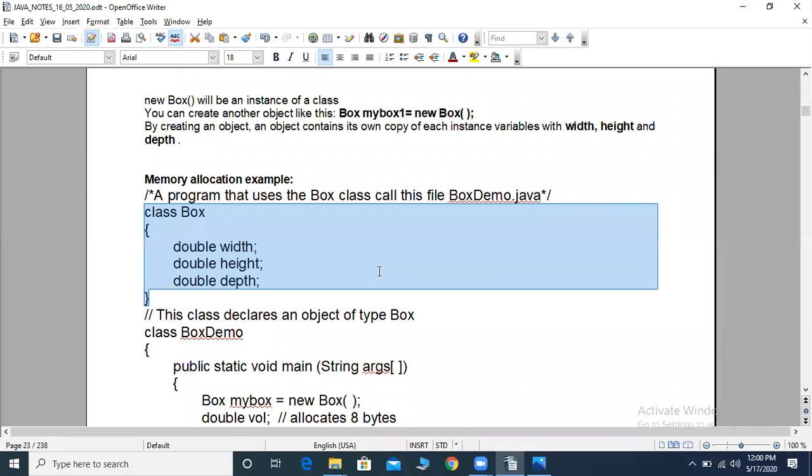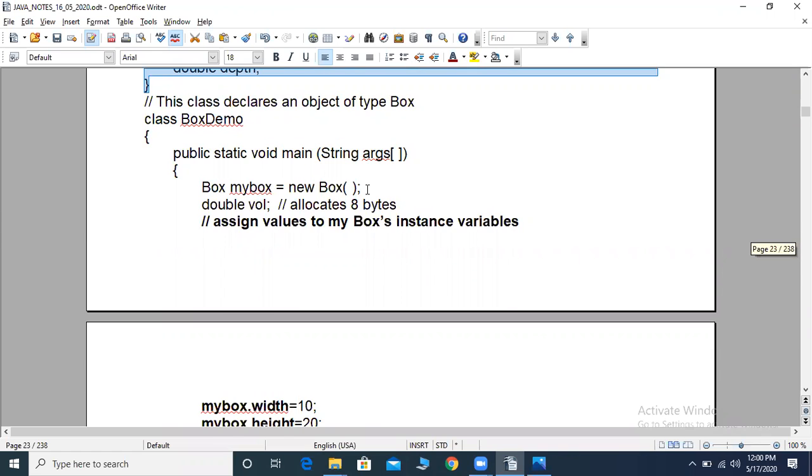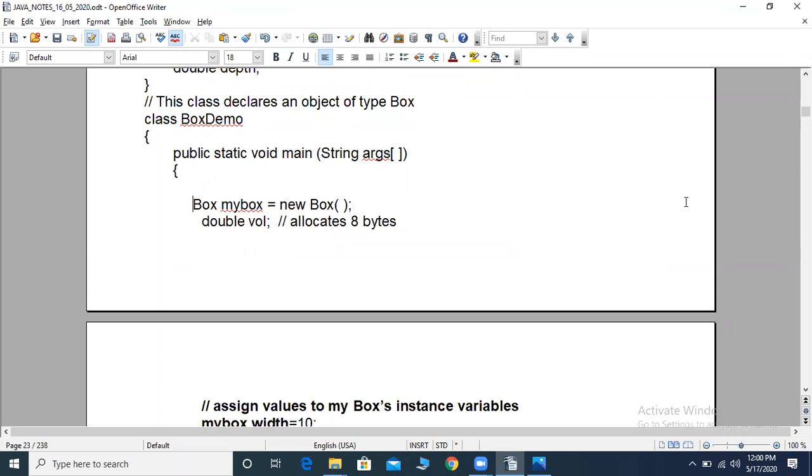Now we'll come back to the program. Once you come across this line, Box myBox = new Box. There is a difference between C++ object declaration and Java object declaration. In Java we have Box myBox = new Box, but in C++ the same thing is just Box myBox.